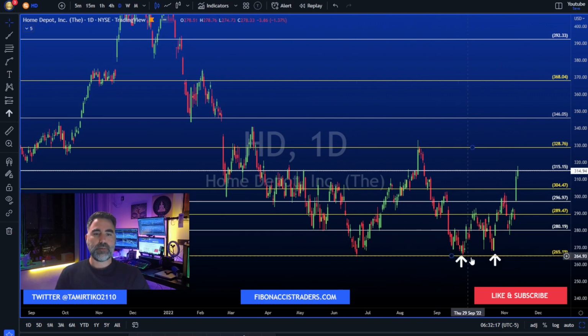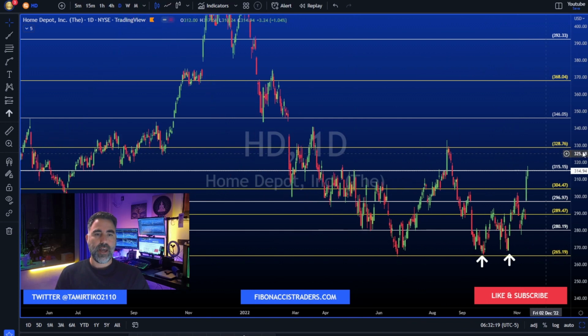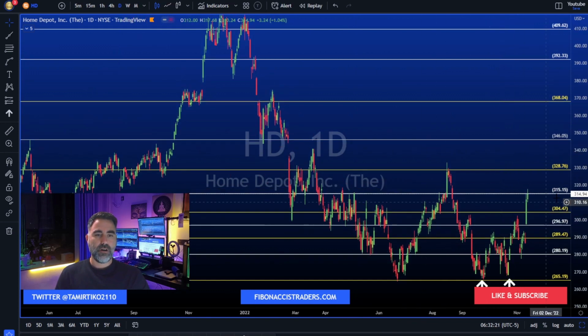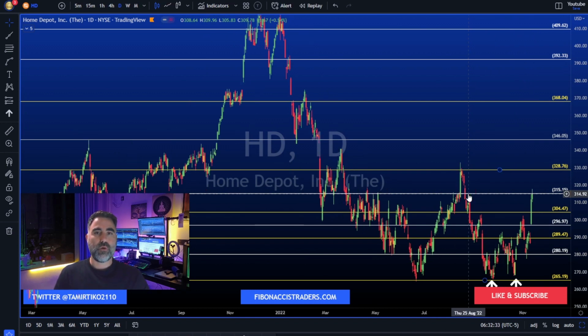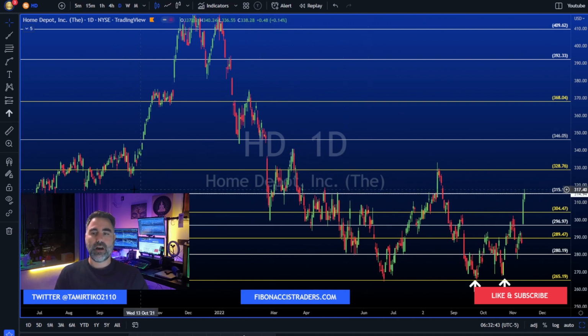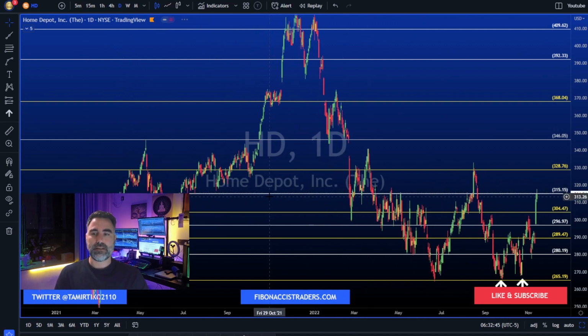June, then September, October, and we have a bull sentiment. Now 315 is acting as a resistance for price action because, again, always looking left. Why? Because we need to identify support and resistance levels. So we look left and we see that the 315, 316 area is an important level of support and resistance